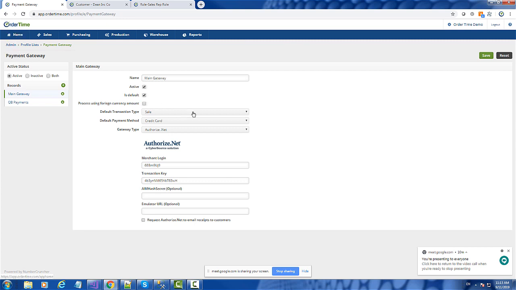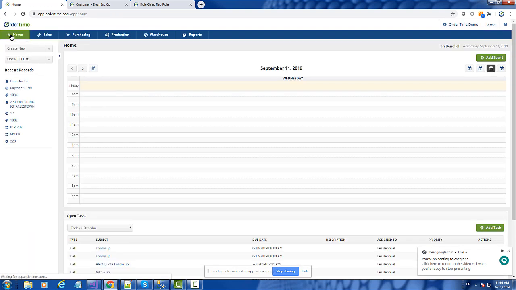And I put in a default sale type. So we don't authorize, we just do a straight sale. Although you could authorize and then capture later on, and I'll show you how to do that. The default payment method, and this is used if you send payment requests to your customers. You can do that, and then what the gateway type is and name of the gateway, whether it's default. Okay. All right, so let's go back and create a